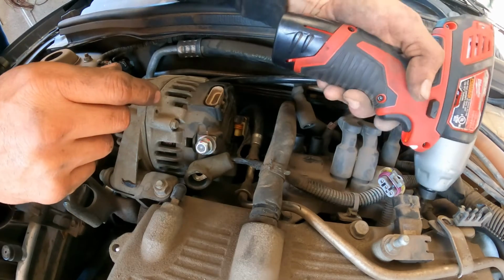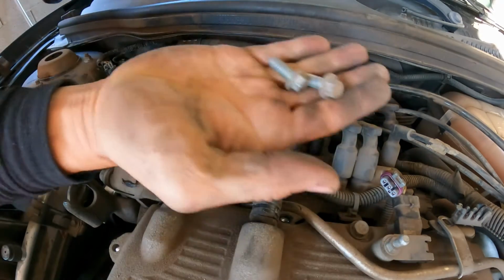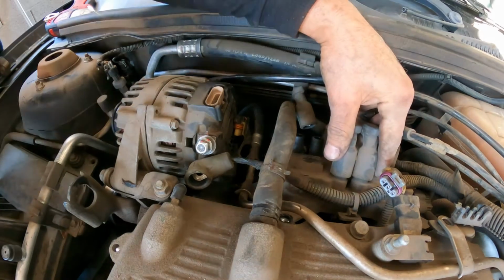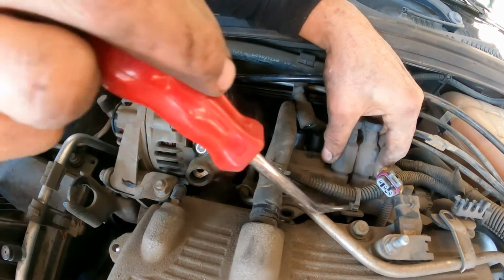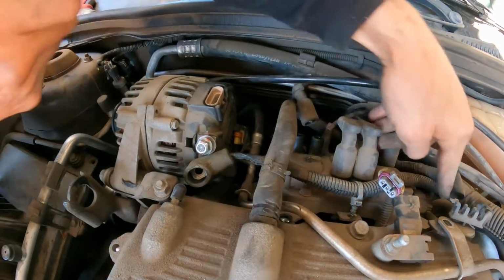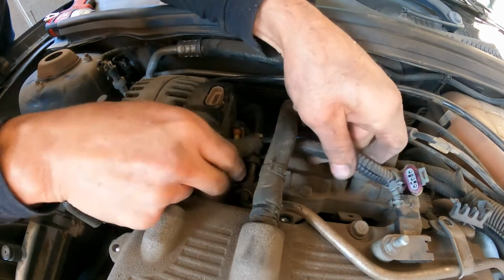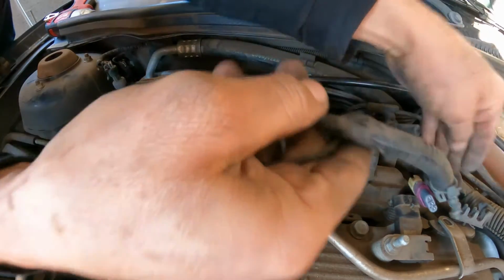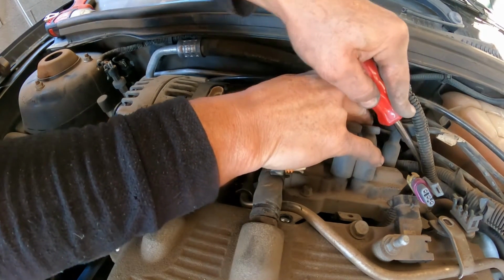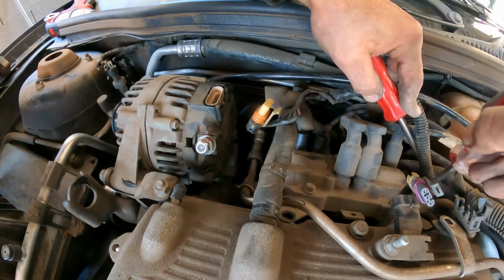Okay, I'm gonna remove those 10 millimeters. Okay, put them here. One thing that you have to do now is to remove this part. It's connected. That's one. Now here's the connector that you have to press and remove. I'm gonna press there, and we're going to